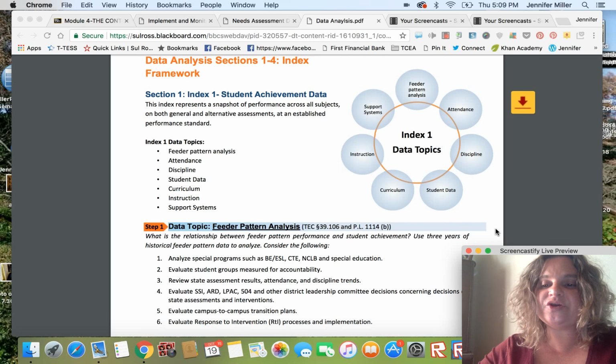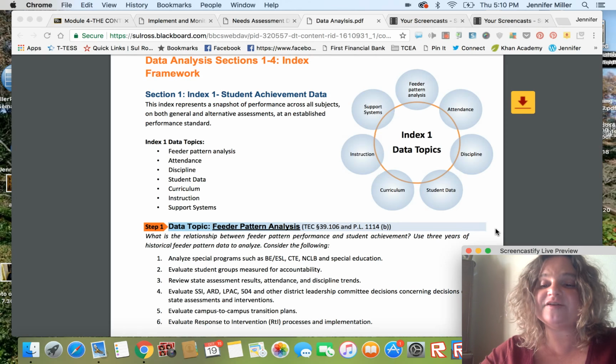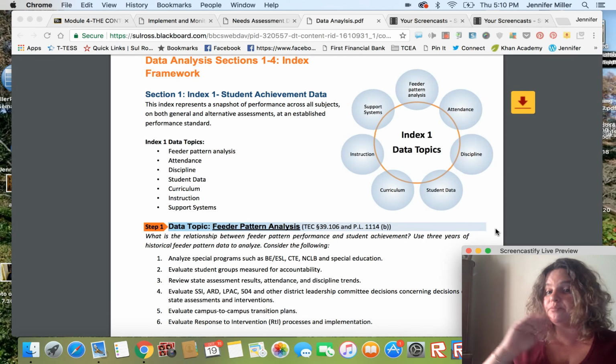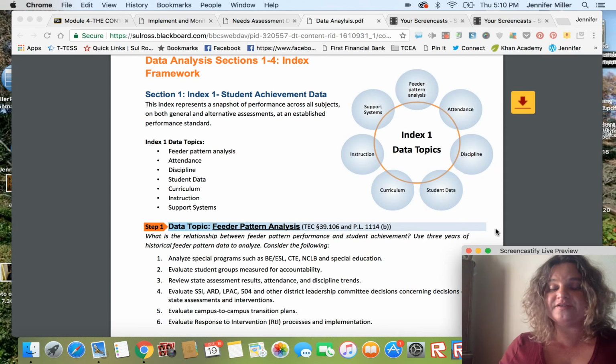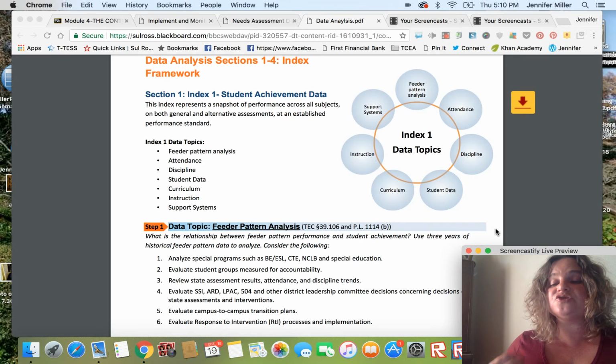Using the data, you are going to identify targeted needs, targeted areas of improvement. And after you have identified targeted areas of improvement, which you might bullet, maybe that's index 2. Okay, maybe that's your targeted area of improvement, but be specific. After you identify targeted areas of improvement, then in your needs analysis, you're going to try to identify the root